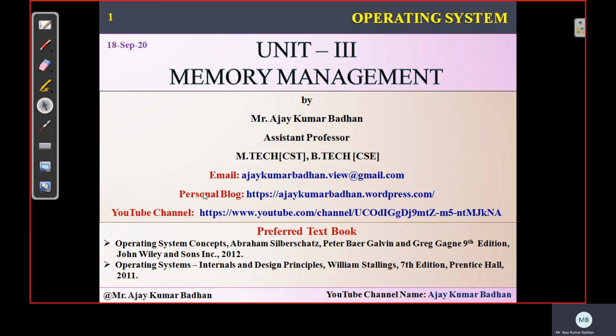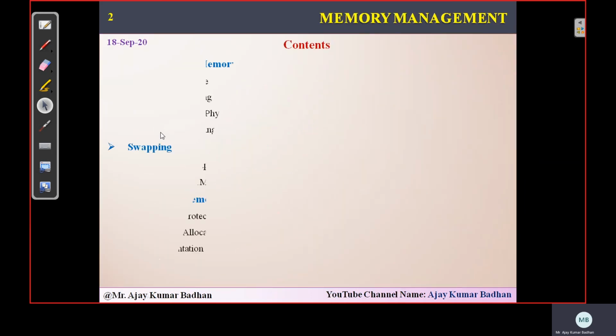In the previous session, we discussed the basics of memory management, how we can manage the memory, what the basic terminologies are that we need to know, and what the different criteria and terms are that we have already discussed. So let's begin the session.